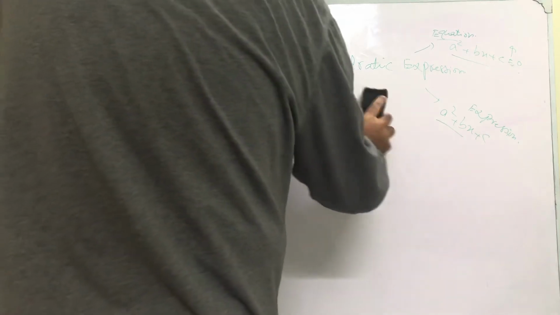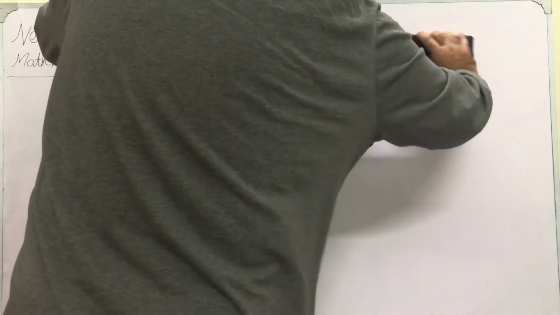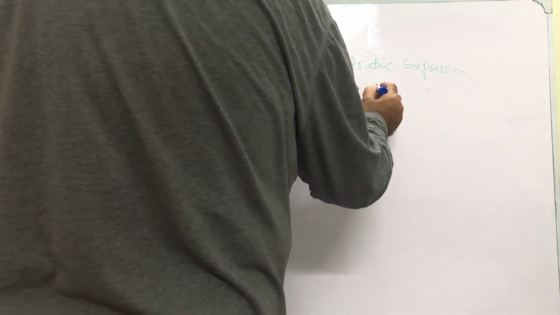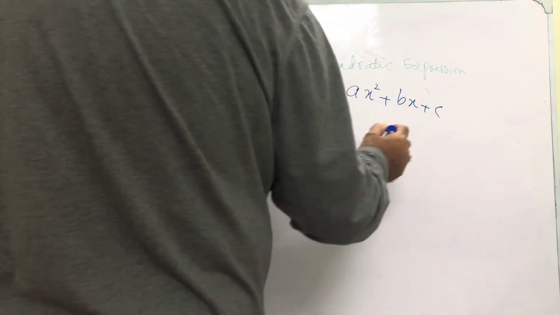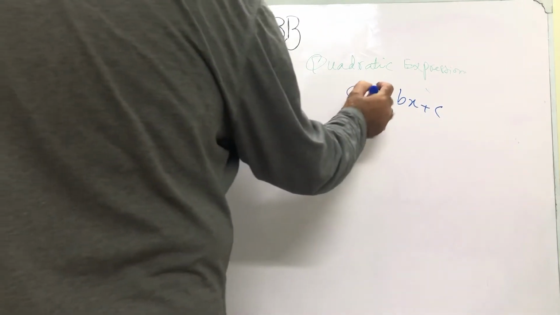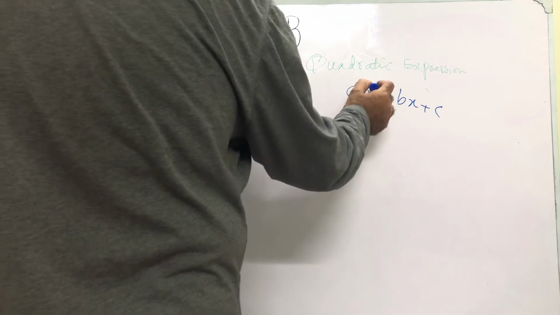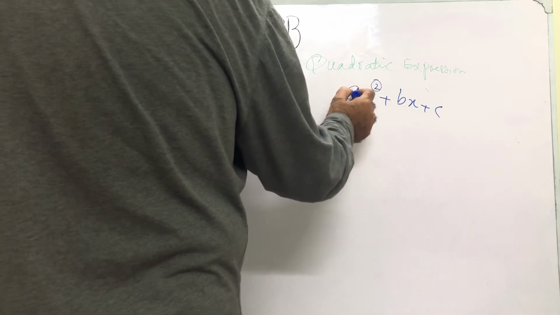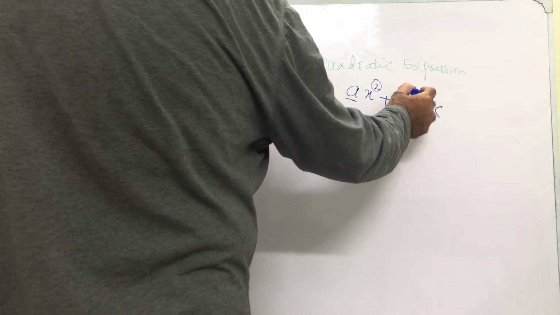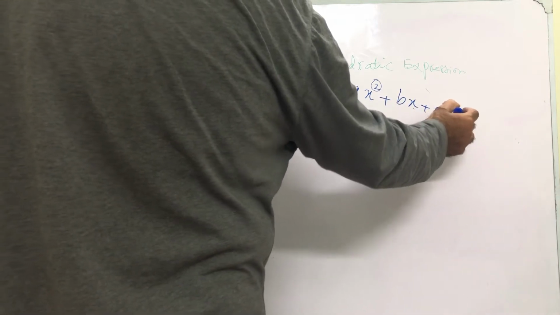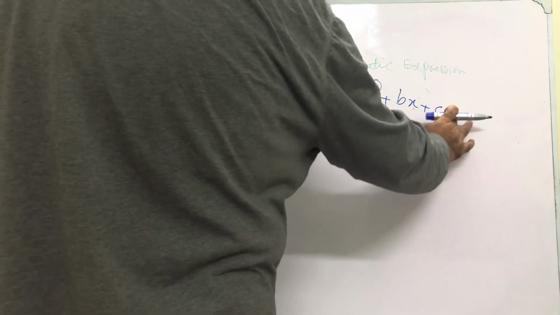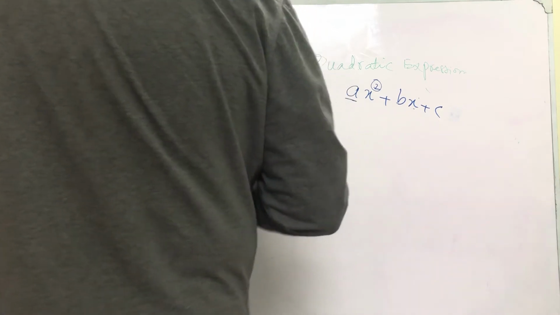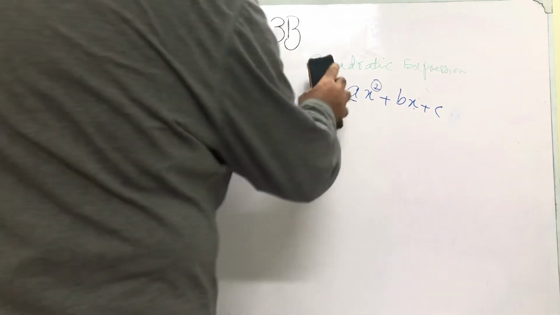So what is a quadratic expression? Which is of type ax square plus bx plus c. This is a quadratic expression. We have the highest power or degree of x as square, there is some coefficient ax square, then comes x power 1, bx. So here you can say x to the power 2, 1, 0, so no need to write x power 0. So a is constant, b is constant and c is constant. So these types of expressions are called quadratic expressions.